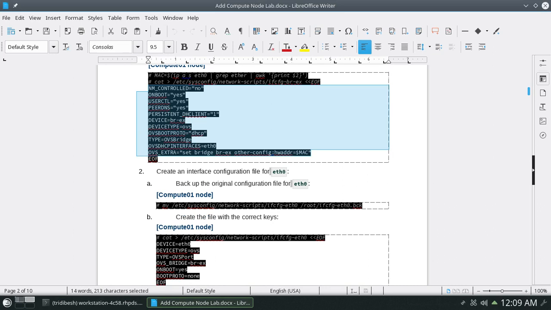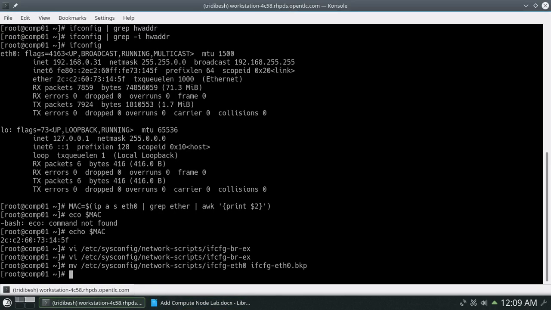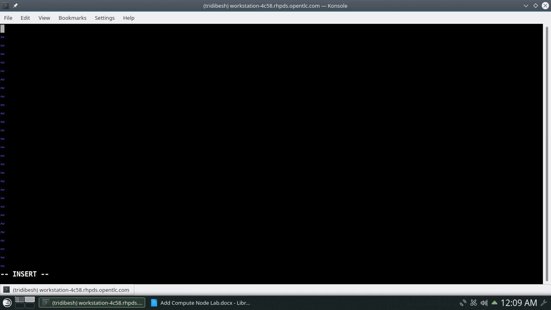Now we'll create the file for our eth0. Let's copy this content over there. So vi /etc/sysconfig/network-scripts/ifcfg-eth0, and here you paste this content. Device is eth0, device type is OVS because this device is also going to be controlled via Open vSwitch.